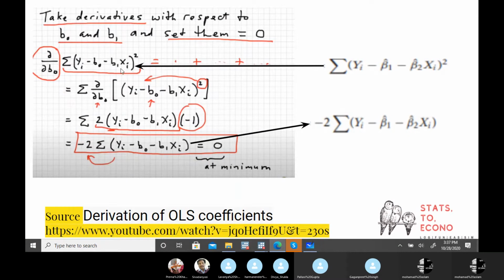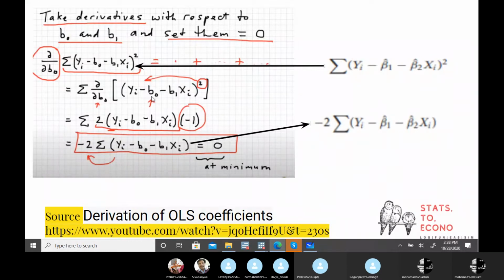Now putting it equal to 0, you have to differentiate first with respect to beta 1 hat or beta 0, whatever notation you want to use. Here you have to apply the chain rule. So take the summation out and differentiate the function in the chain rule. The differentiation rule applies to this particular power. The power here is 2. So first you have to multiply the function with the power, then the derivative of the function with respect to the corresponding parameter.